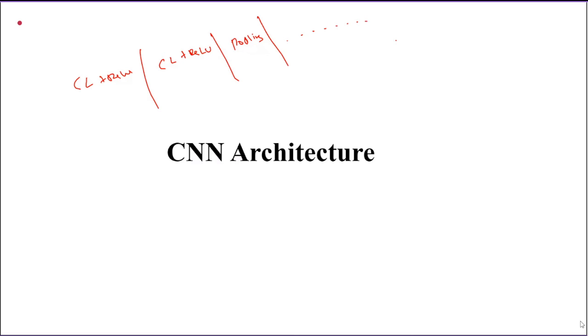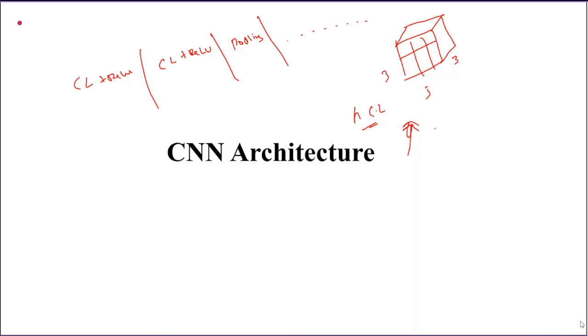Finally, you will get an activation map like this. For example, consider the activation map at the end of the nth convolution layer is 3 cross 3, assume like that.